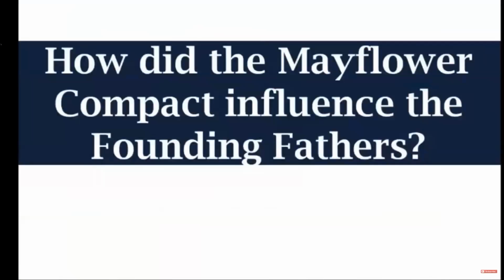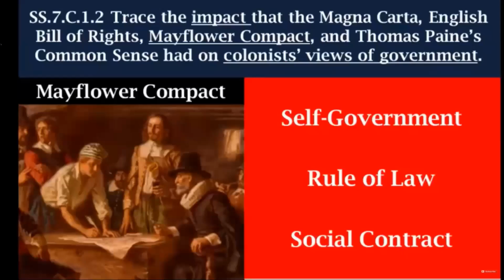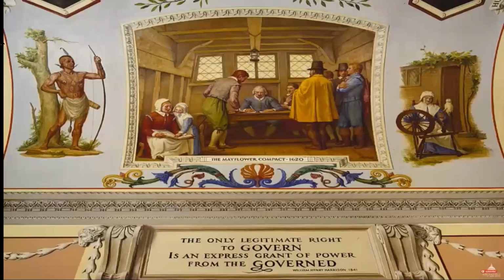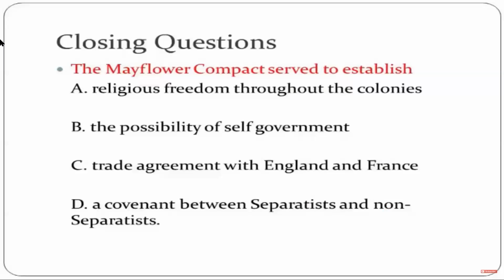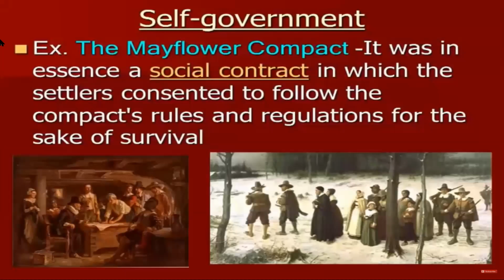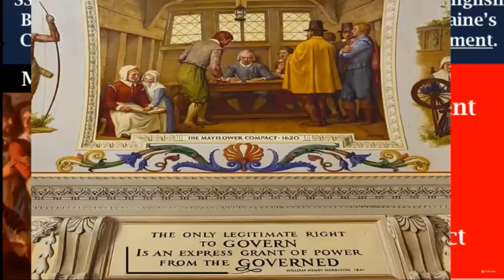Next up, what do you need to know about the Mayflower Compact? Remember, this is the document signed by the Pilgrims, which established a government and rules or laws to live by. I've seen a lot of practice test questions that want you to answer self-government when they ask you about the Mayflower Compact. Self-government was the idea that the people would rule themselves, not a bunch of aristocrats or noblemen or kings. Also, the idea that the colonies would rule themselves and not England.